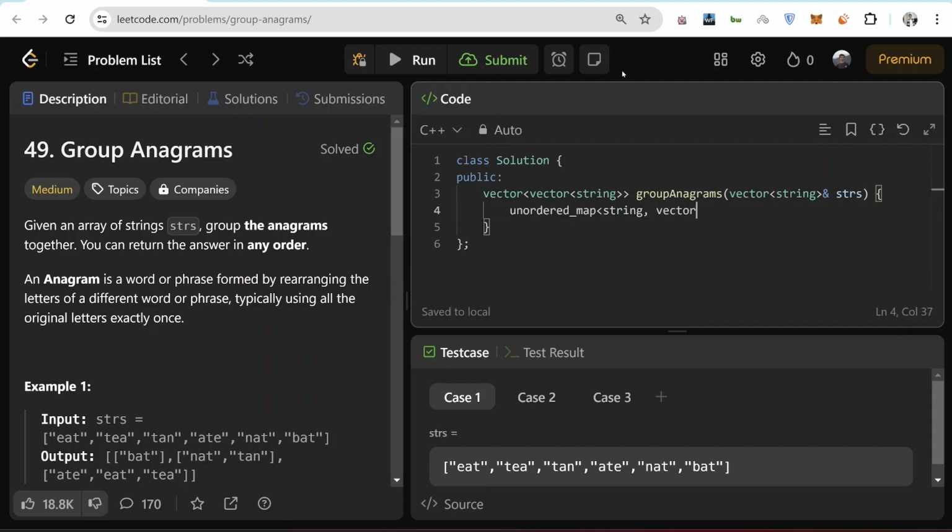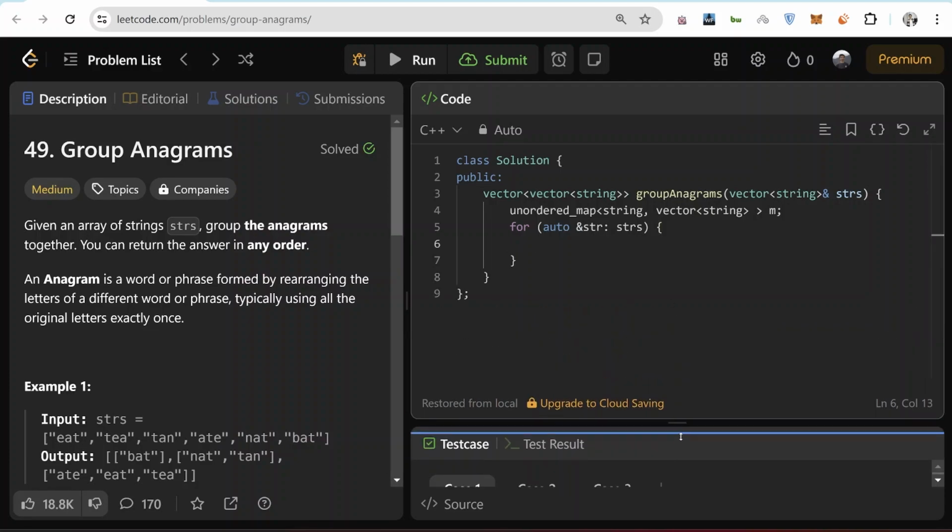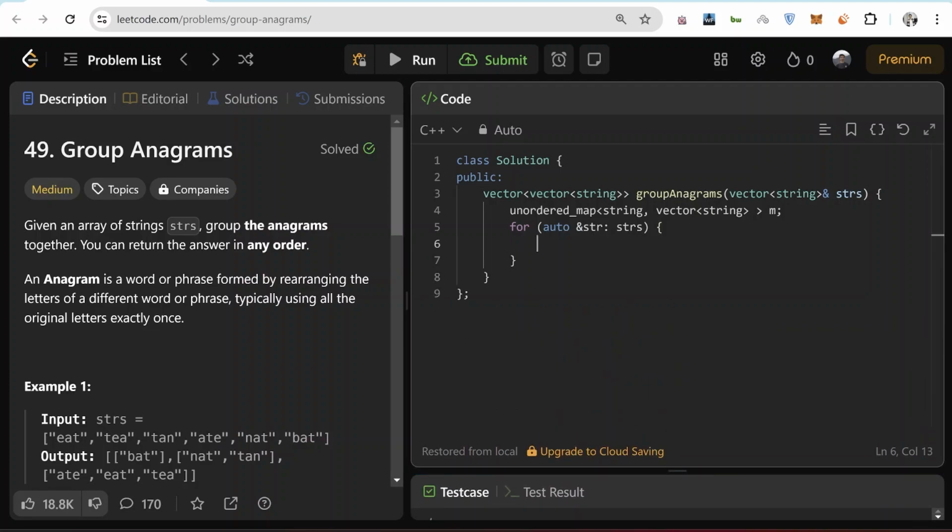Vector of strings, and let's name it m for now, and we'll iterate through the input strings, for auto str in strs. Now what we want to do is insert this original string into this hash map, but first we want to get a sorted version of this str.